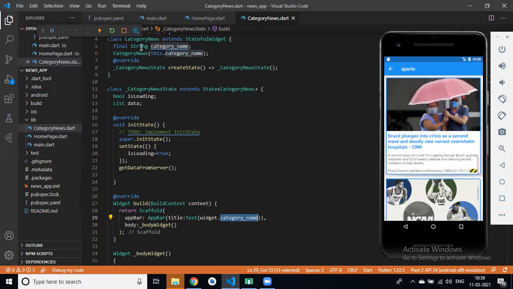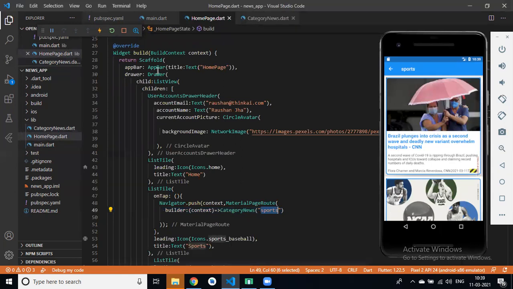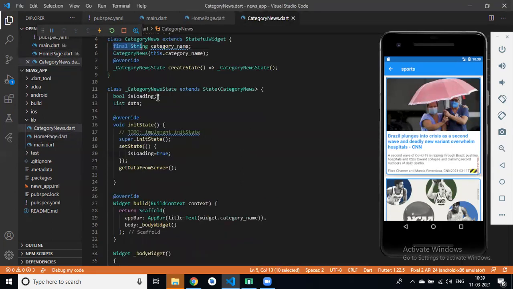So why do we use this? I have passed the category from another page, so we don't want to change it in our class, right? Will this be changed or not?